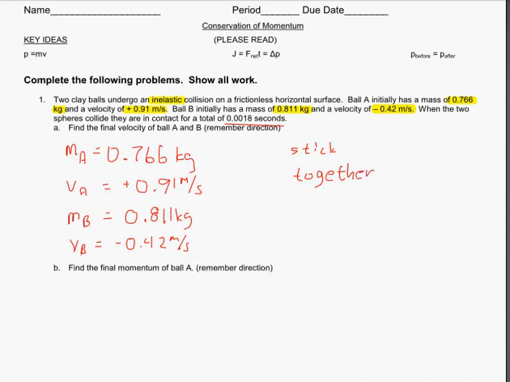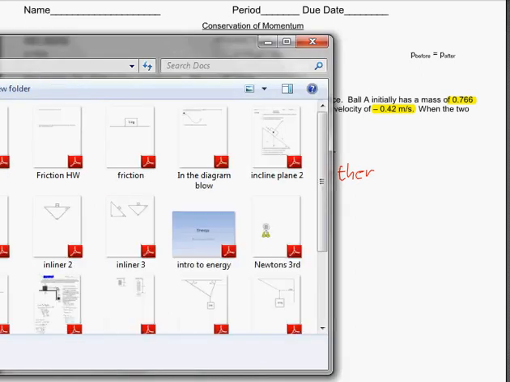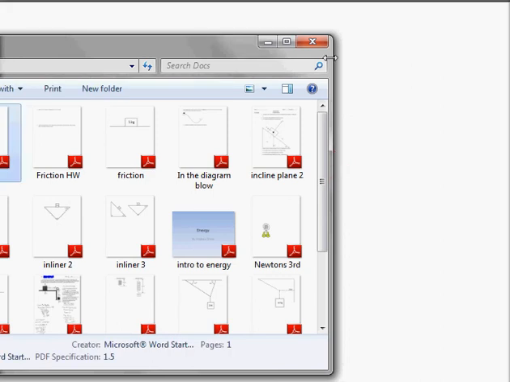Okay, so let's take a look. I'm going to bring out another worksheet to work with. Documents. Blank. Okay, so I got a blank one. Now, these all start from one formula, and that's P before equals P after. And that's the grandfather of the conservation of energy. And you can expand them out, but I usually like to go to this point. MAVAI plus MBVBI equals